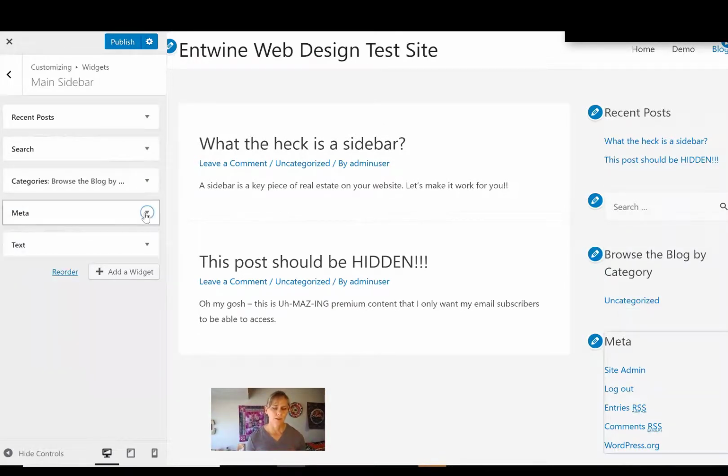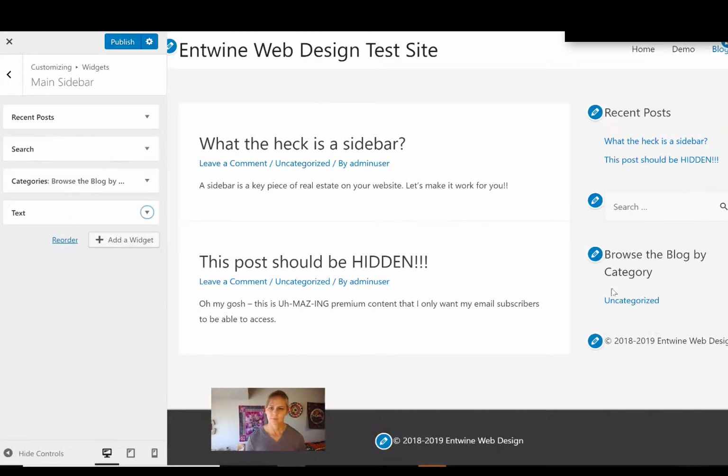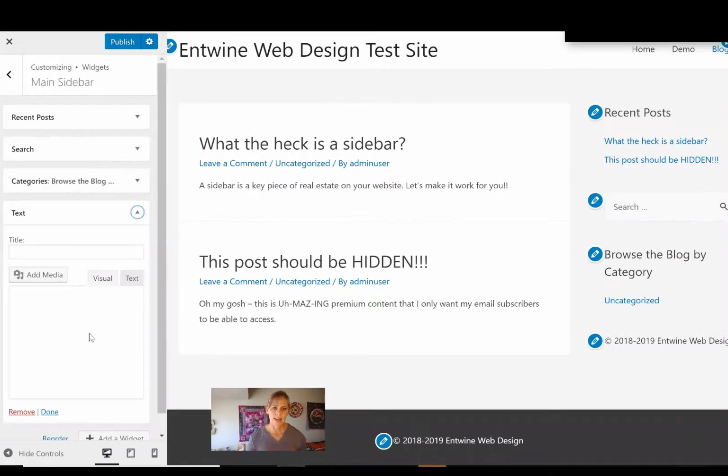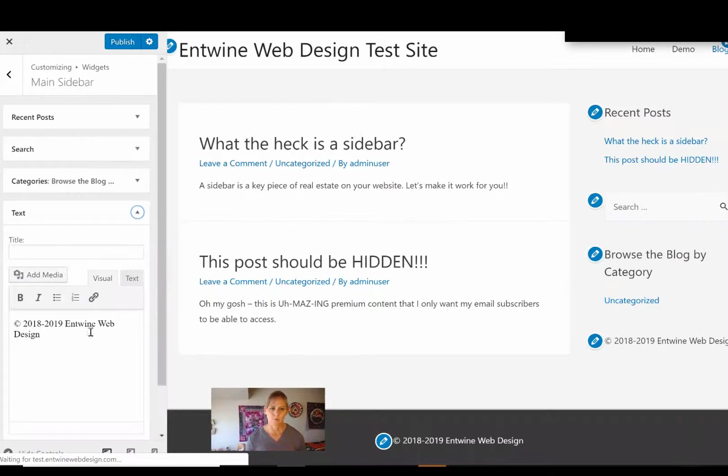Meta, we are going to remove. And then here is a little text box with the copyright date and find web design down here. That's already in the footer, so there's no reason to have that in the sidebar. But we are going to keep the text box because in the text box, I want to add what